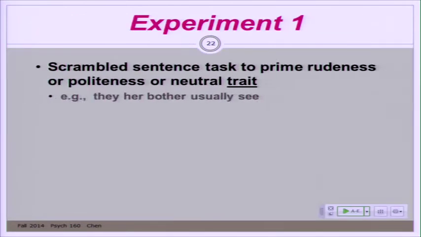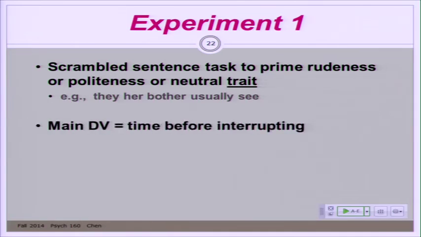Okay, what did they do in this study? There are three of them. Actually there's more, but I think there are four because they redid one of the experiments. In the first experiment, trying to look at this idea of automatic behavior, they had participants engage in an unscramble-the-sentence task to prime either rudeness, politeness, or nothing. So I believe I had you do a similar task when I was trying to prime conceited or self-confident. So "they, her, bother, usually" becomes "they usually bother her," the sentence they were wanting participants to generate. The idea is, I guess, that it's supposed to be related to aggressiveness. I don't know, there are better examples of this. But participants had to unscramble a series of sentences whose meanings connoted either rudeness, politeness, or neither.